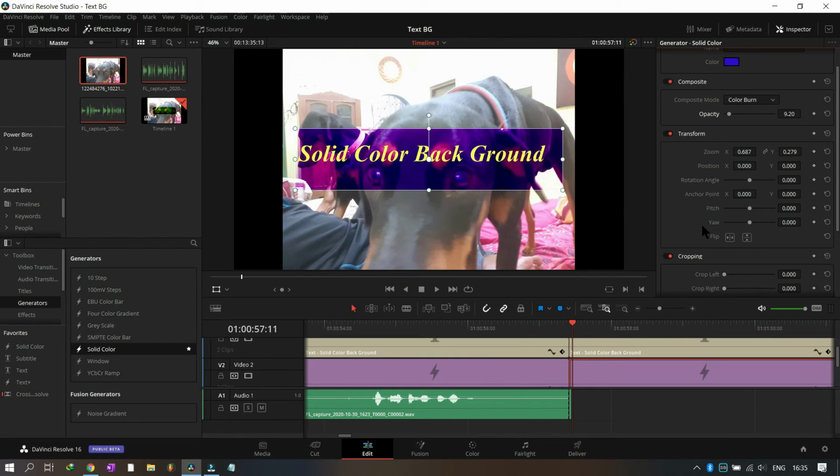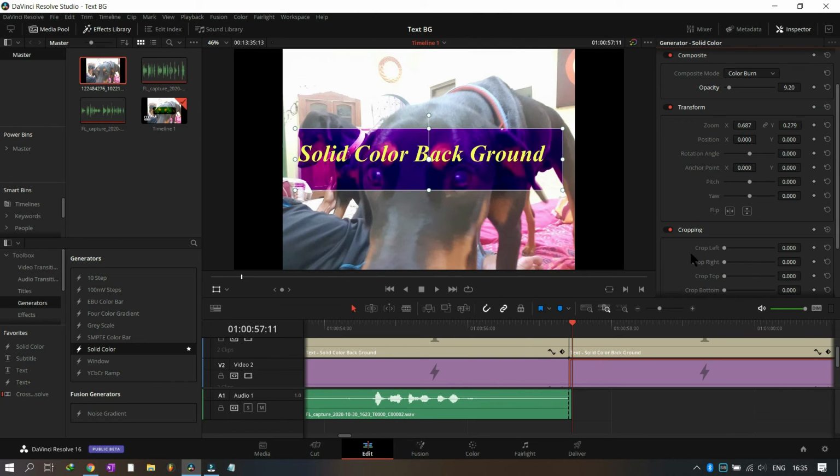Out here there are more parameters, crop left, crop right. If you crop left, it will become like this. It looks horrible out here. So then crop right is there, and we'll equalize it. Crop top, crop bottom. Now if we see, out here the distance is less, out here it is more because we had moved the text. So now we will crop it and make it look a little beautiful.